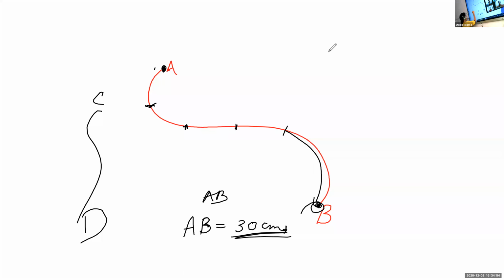Then if I was supposed to draw another small line, let it be XY. Now line XY's length will again be different from that of CD and AB. Isn't it? For this also you can measure. You can tie one thread, make a knot at one end, and keep that knot on this point. Let me take another color, it's not evident.